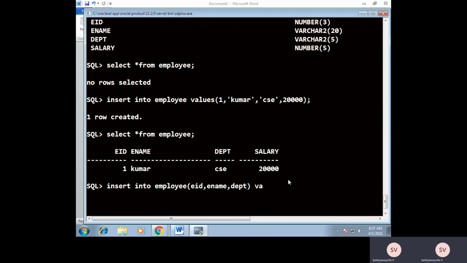For that, whatever attributes we are going to insert are listed within the parentheses. So insert into employee table. What are all the values I'm going to pass? I'm passing values for employee ID, employee name, and department. So followed by values, the values for these 3 attributes are, for example, 2. Next, Raj. The name of the employee is Raj. That is a varchar, so I have to follow single quotes. Next we have department, so IT.